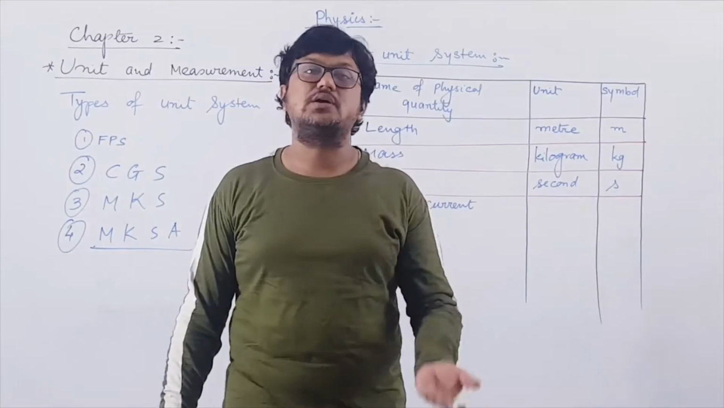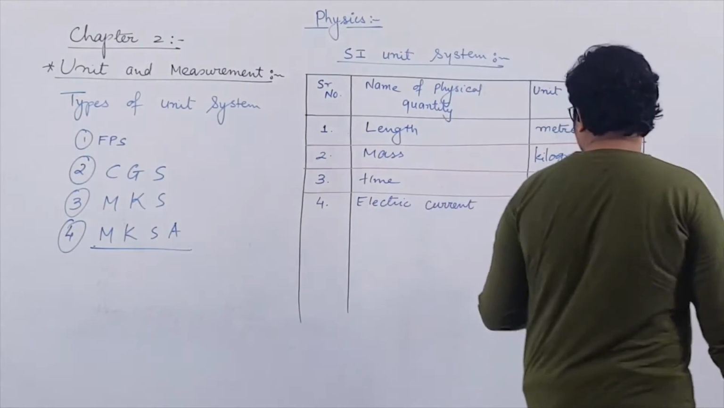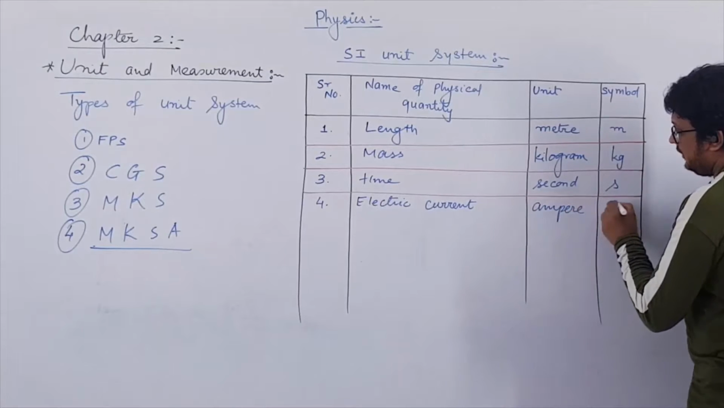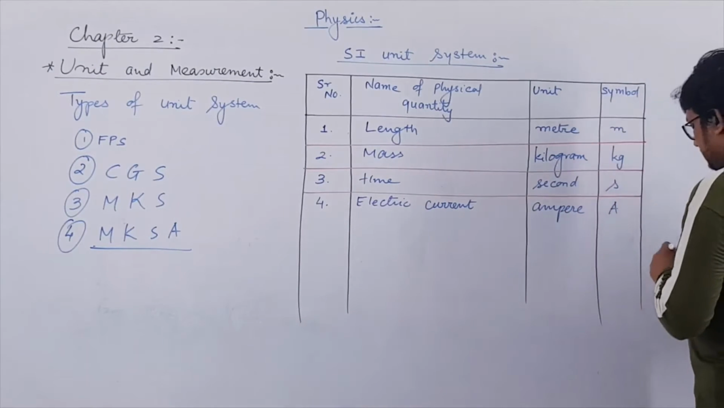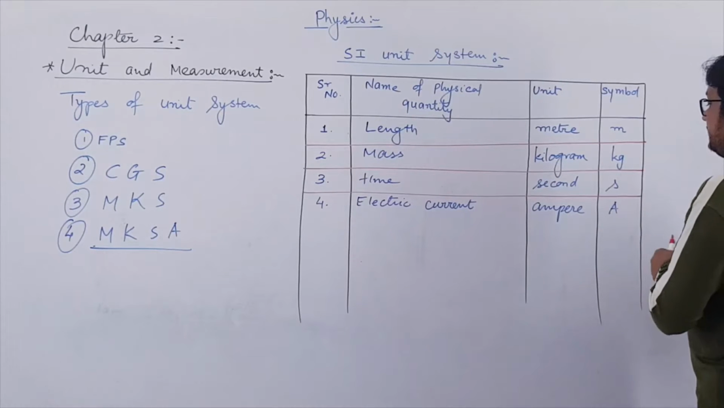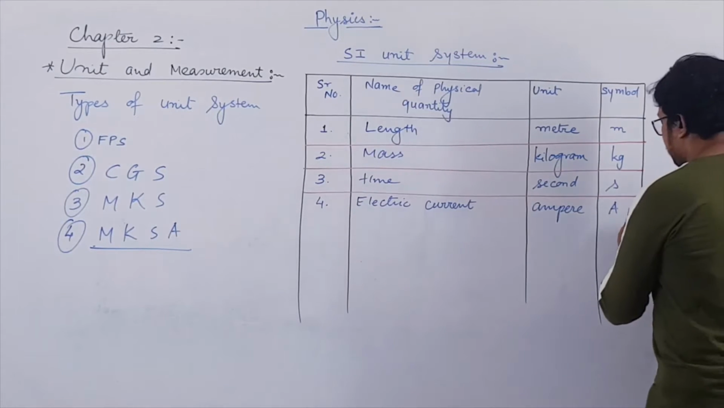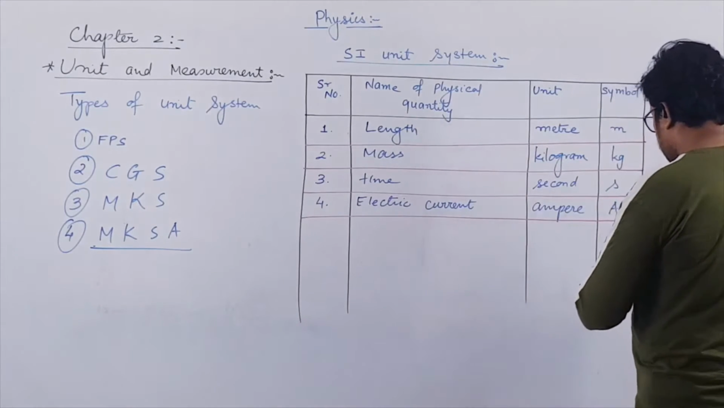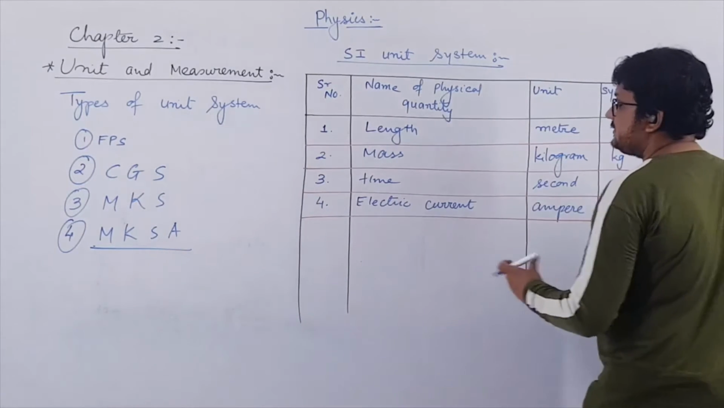So electric current, its unit is ampere and its symbol is capital A. So the fourth physical quantity is electric current. Its unit is ampere and symbol is capital A. Now the fifth one is